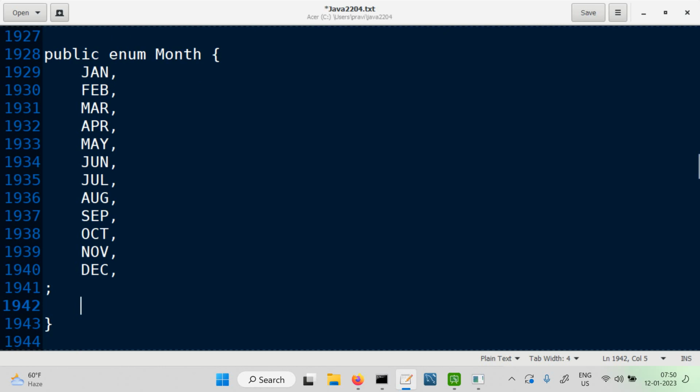Now, can we have constructors? Yes. But they would be private. Can I have variables, instance variables? Yes. So let's add first the instance variable, and then we use a constructor to initialize the instance variables. So let's add an instance variable. It's a private instance variable. Type is int, and maximum number of days in that month,